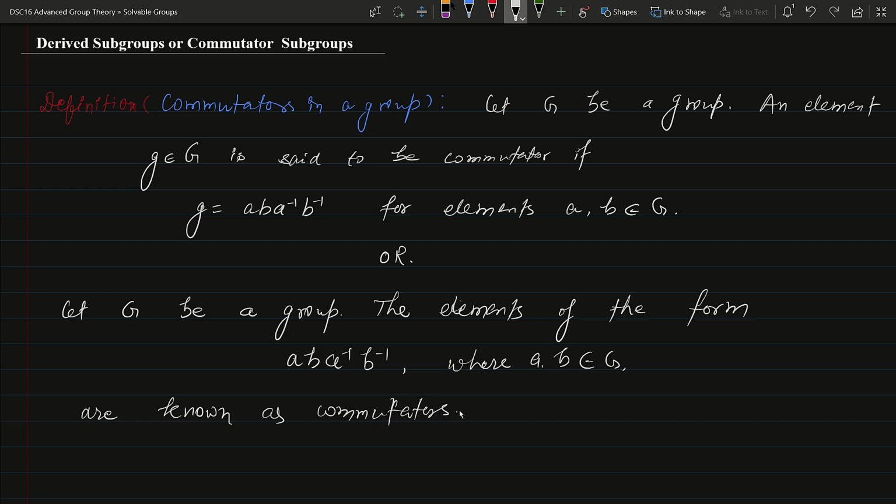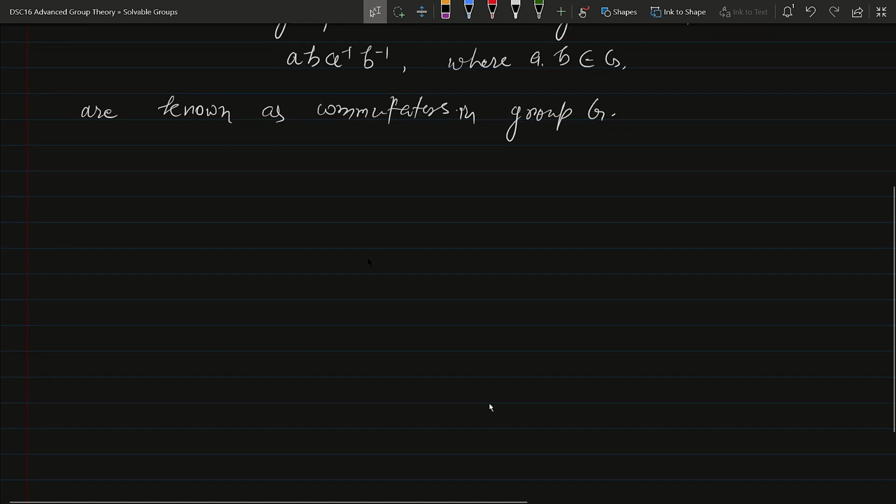Okay, commutators in group G. Okay, now since we have a group G और इसके अंदर हमारे पास ये कम्यूटेटर्स है सपोज,